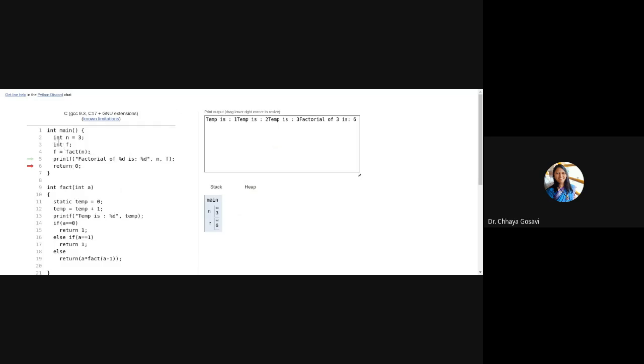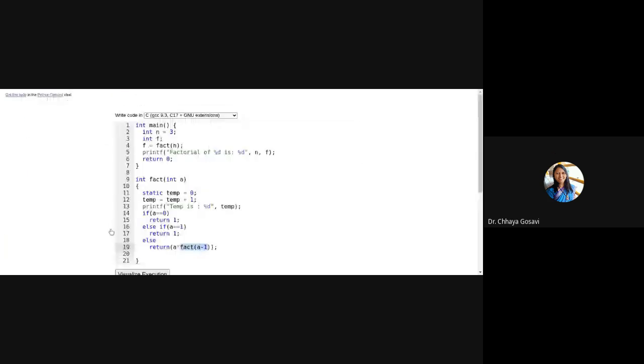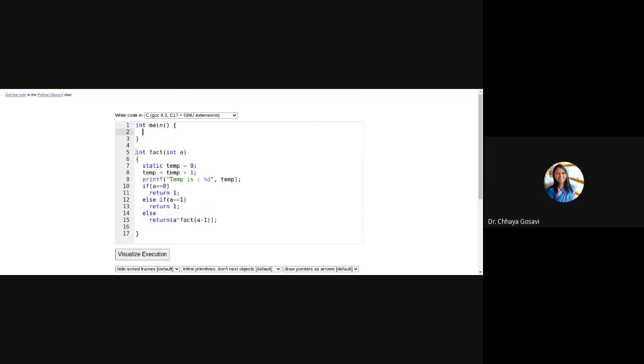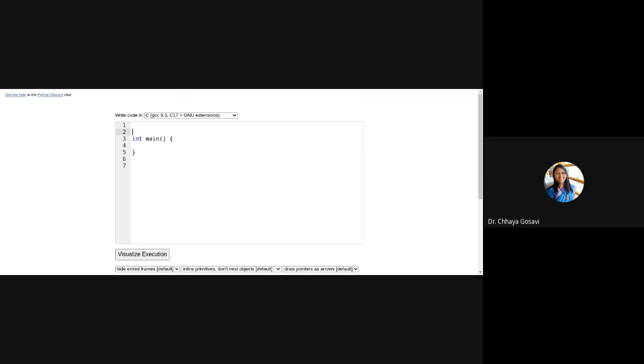Just creating this code. So to create a structure in C language, we have to use the struct keyword. Struct, say the name is student, and I want two variables, roll number and name.